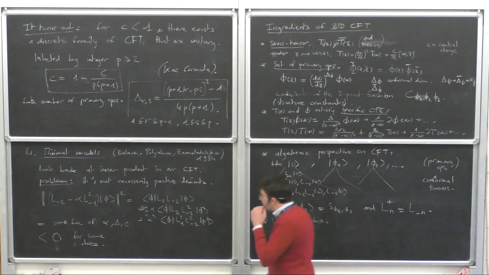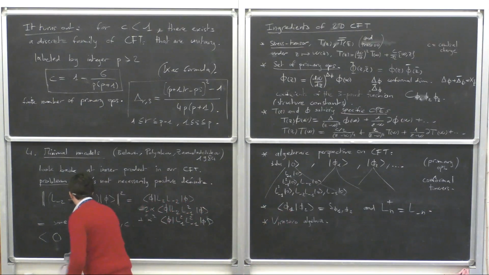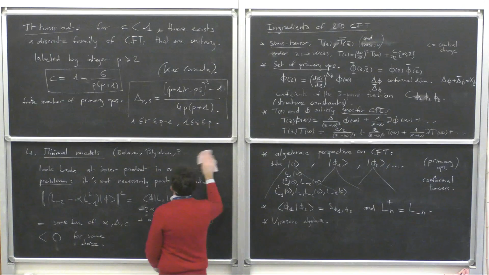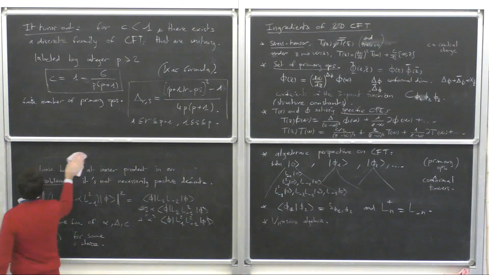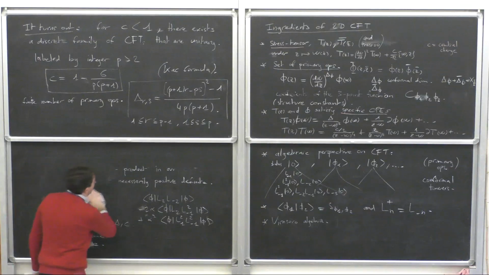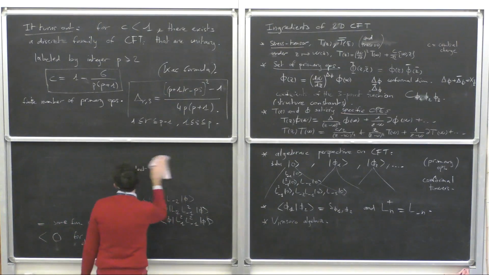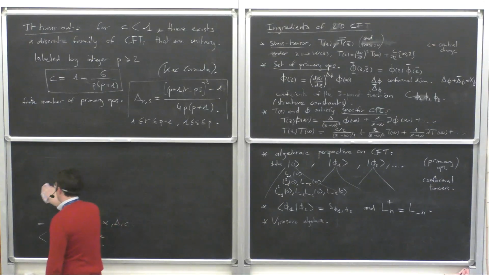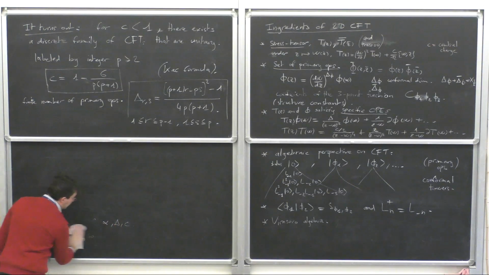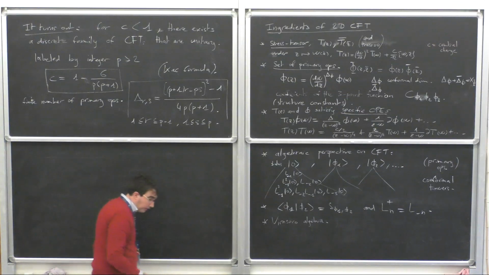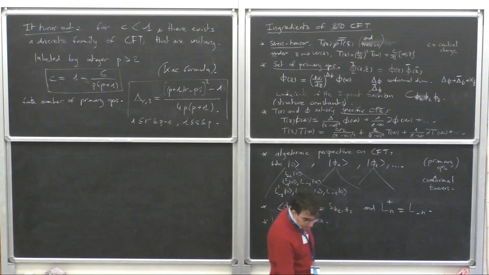So you can have a look there. But basically, by insisting on having unitary theories, you severely restrict the possibilities. I would have liked to explain this in more detail, but I will not have time. So if you look at the first few examples,